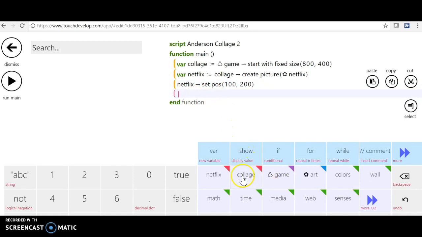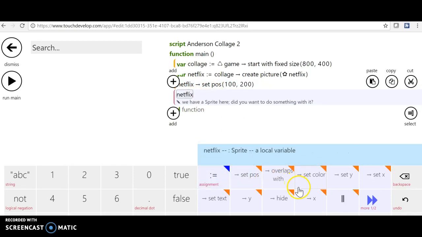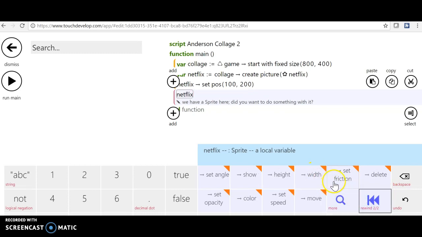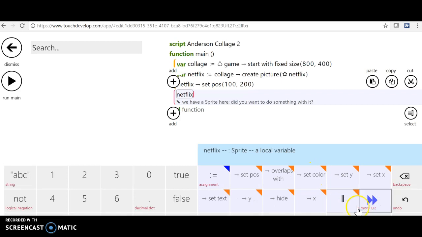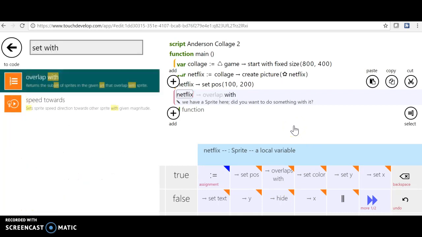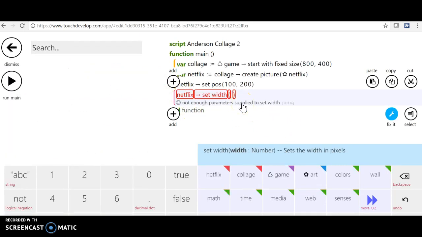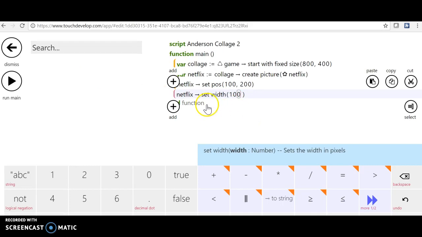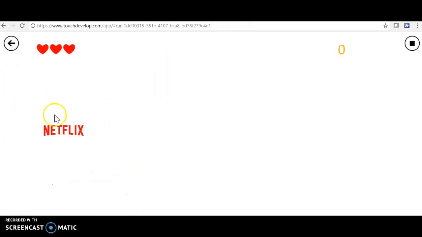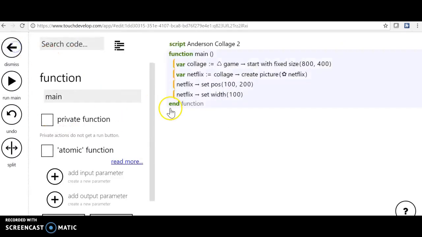And then I'm going to say Netflix again, and I'm going to set its size, or its width. If you set the width, set color, set position, let's see what we can do. See if we can find it. Set width. There we go. Set width. And I want the width to just be 100. Alright, now let's check it out. That looks much better. Alright, now we have to do that a few more times